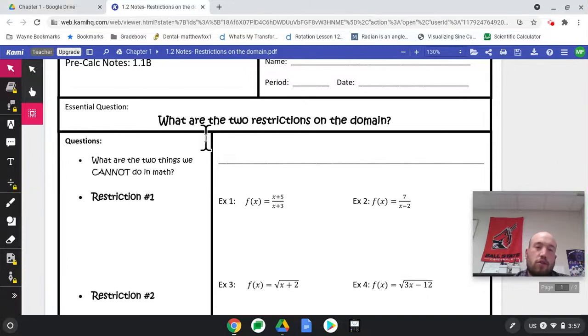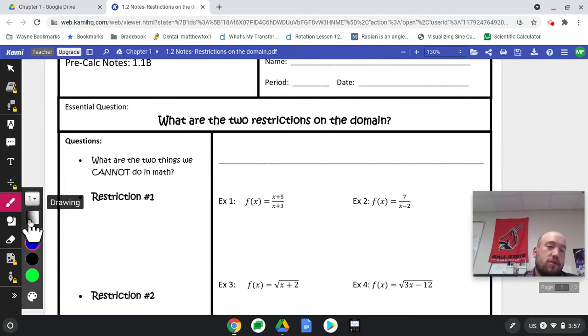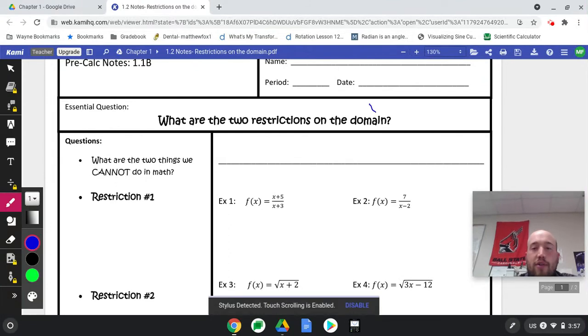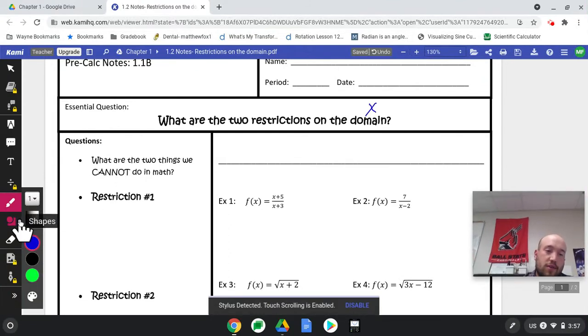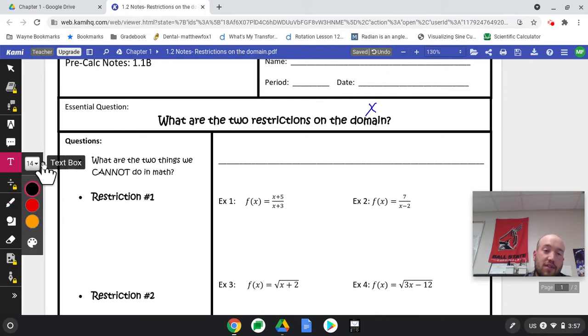Today's lesson, we're going to talk a little bit about domain and the restrictions on this domain. So just to refresh our memory from a couple days ago, domain, remember, deals with our x value. Okay, now there's a couple things we're going to talk about, and they're related to some things we can't do